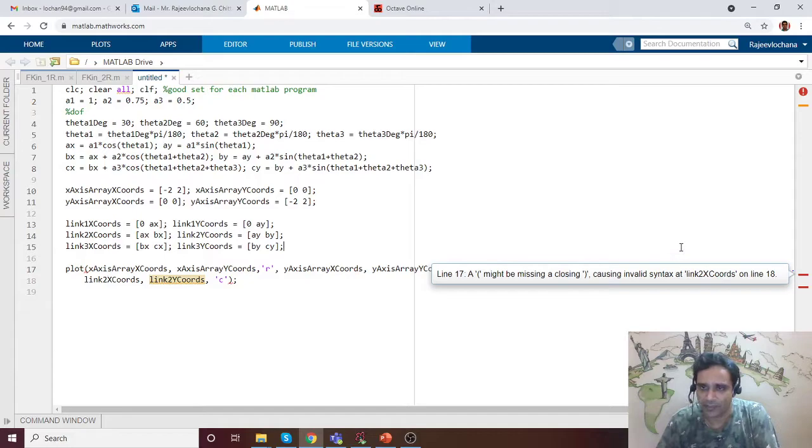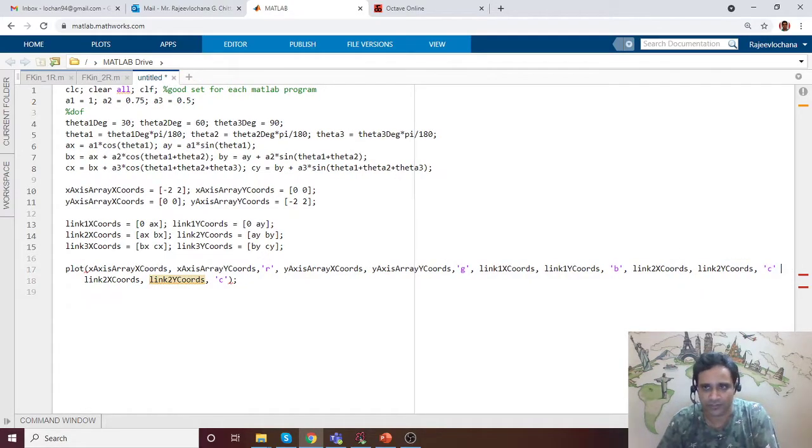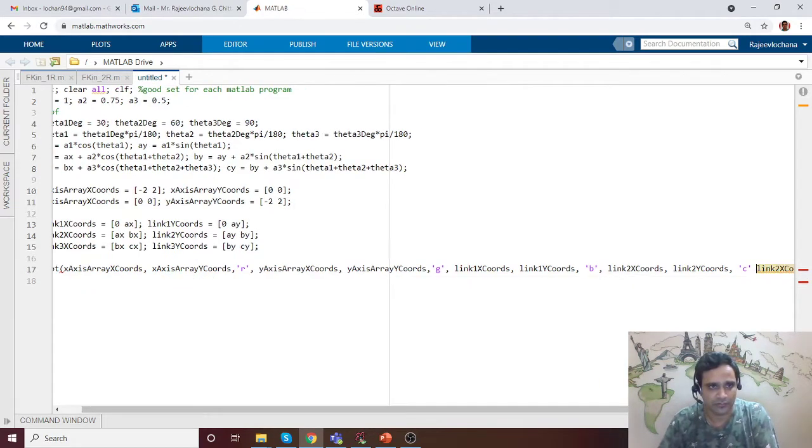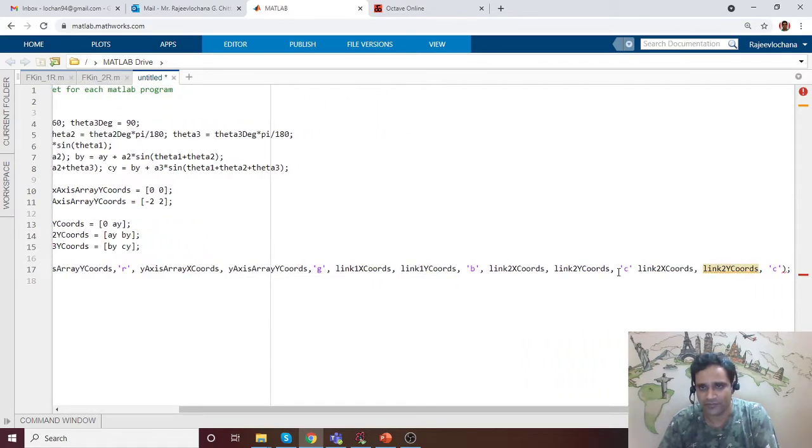Okay, maybe on the desktop version the 3 dots are allowed. In the web version maybe it is not allowed. Let me just try. Okay, so I'll just scroll it so that you know what is there towards the right side part. So this is link 3 x coordinates and link 3 y coordinates, and the color